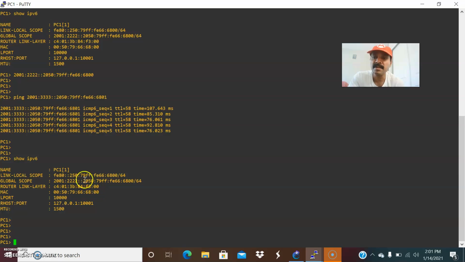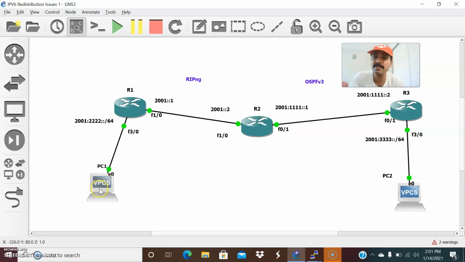The MAC address is 48-bit. The interface ID is 64-bit. So it will generate it from the 48-bit MAC address. So this is the thing. First is the prefix and last is the interface ID, which is generated from the PC1 MAC address. Similarly, PC2 will first receive the prefix, and it will generate the global unicast address, right? So that is the way it works.